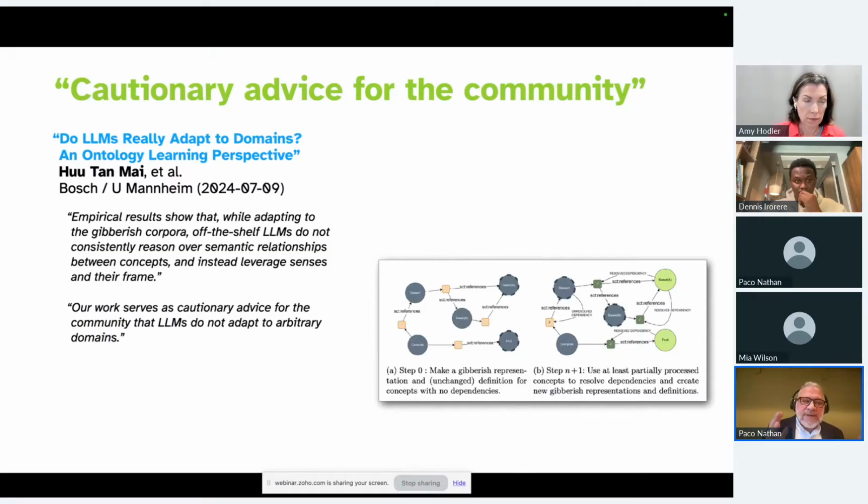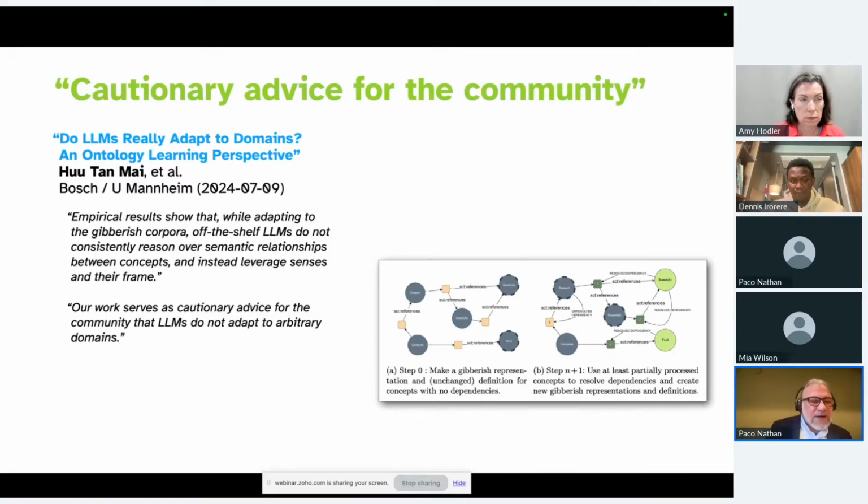And so it's kind of a one size fits all thing, and sort of automatically building a graph, which has some concerns. One of them is there's great research that just came out of Bosch last month, talking about how LLMs aren't particularly good at being adapted to arbitrary domains to be able to do reasoning over semantic relationships. LLMs are really good for understanding the syntax and being adapted to arbitrary domains for that.